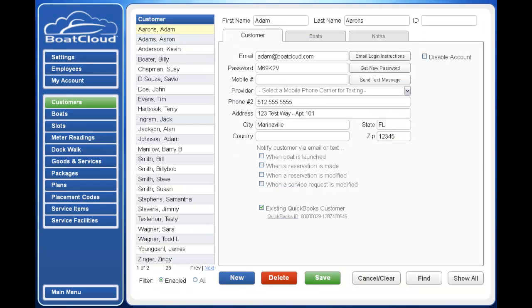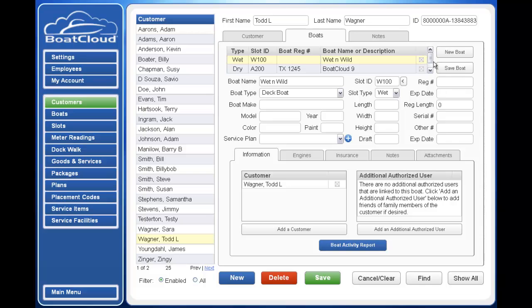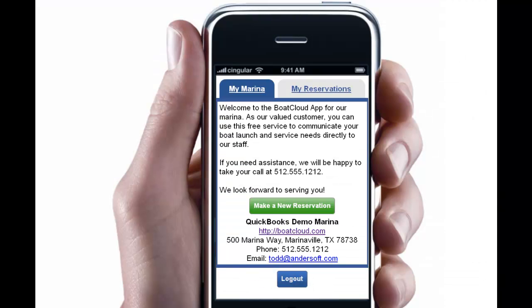And rather than take too much time to show you how to add boats to Adam's account, I'm just going to take you over to my demo account. You'll see that I actually have multiple boats stored within this marina, within this demo account. And I am going to take you through the process and show you one step further how the integration passes invoices directly from the BoatCloud application straight through into your QuickBooks accounting program,